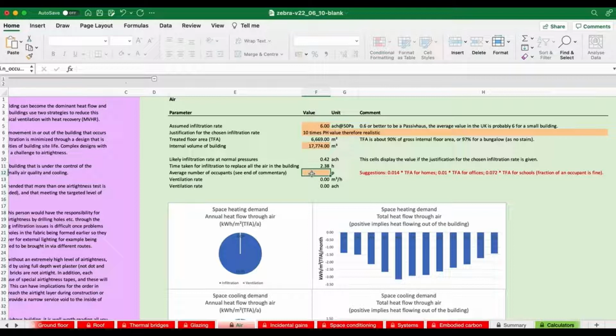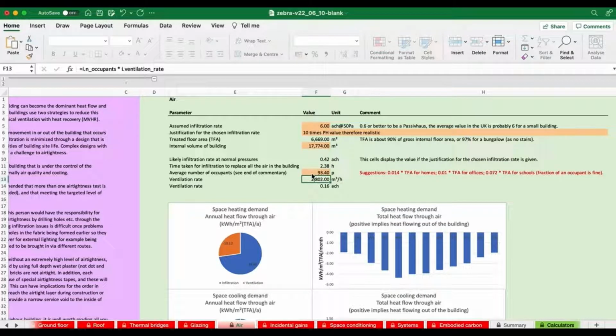They have been taken from information recorded in UK buildings, so they may not be relevant to this location, but they're the best guess we've got. And if we take the treated floor area and multiply it by the recommended value of 0.014 for homes, we end up with 93.4. That's just a hand calculation, and we type that in.